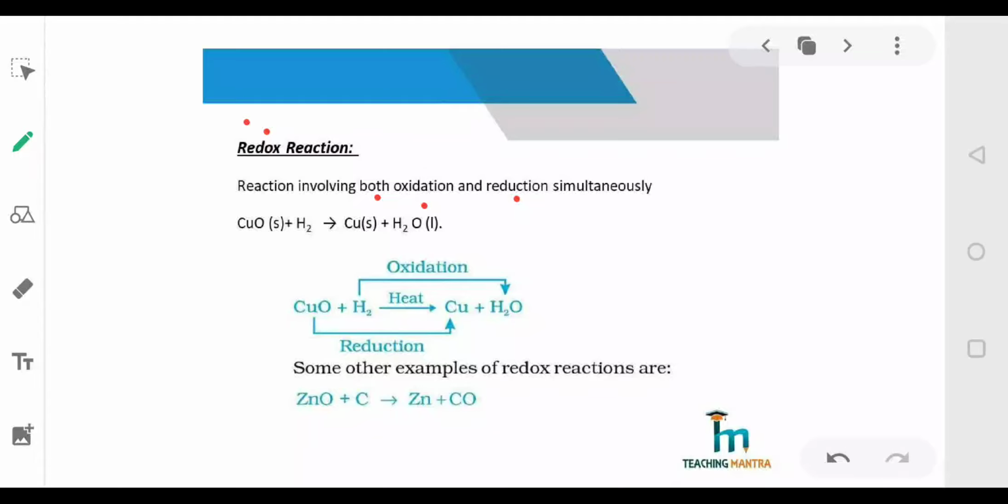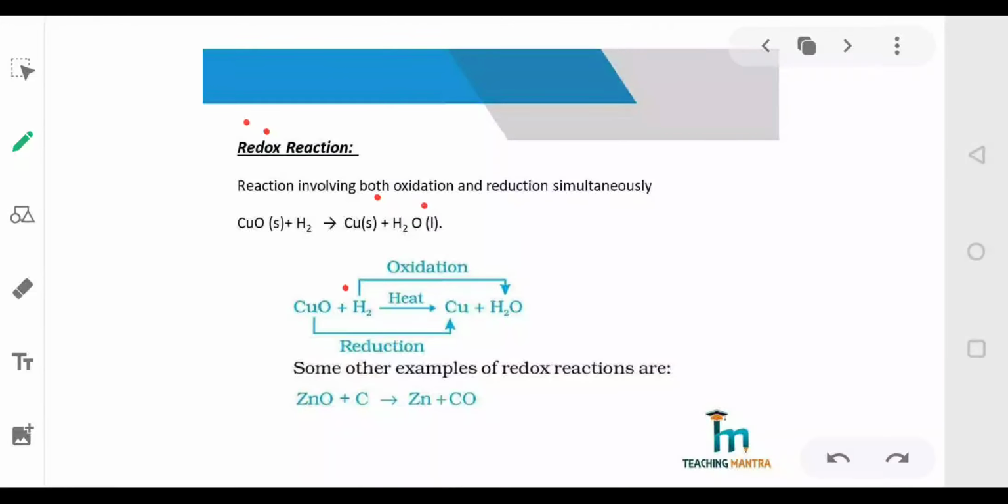So let us see the same example, that is copper oxide plus hydrogen gives copper and H2O. See, copper oxide is becoming copper, that means oxygen is being removed, मतलब यहाँ पे copper का हो रहा है reduction, whereas hydrogen is becoming H2O, that means oxygen is being added, that means यहाँ पे हो रहा है oxidation. So oxidation and reduction both are taking place at the same time simultaneously,